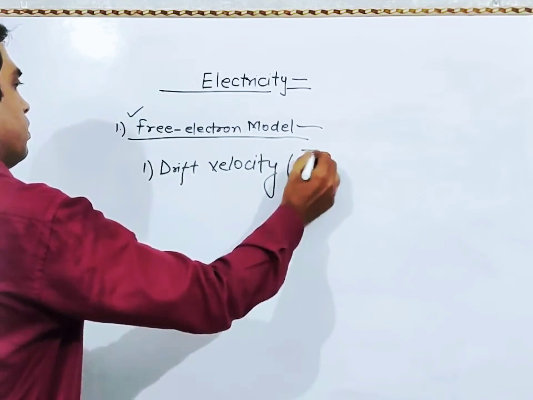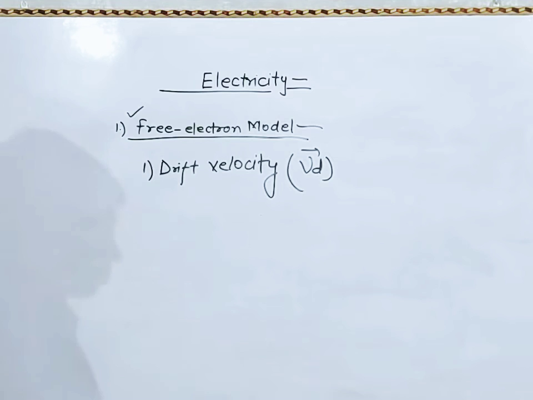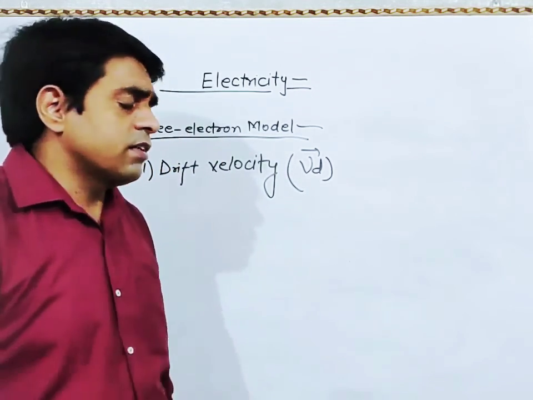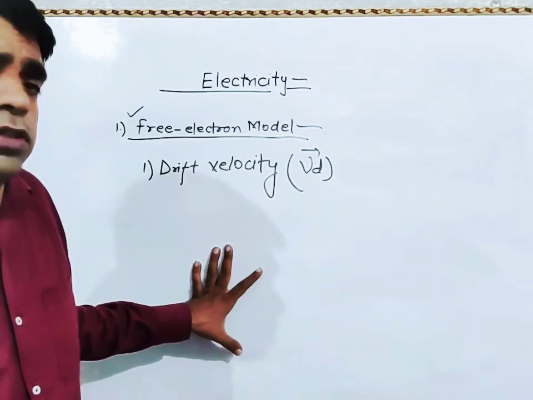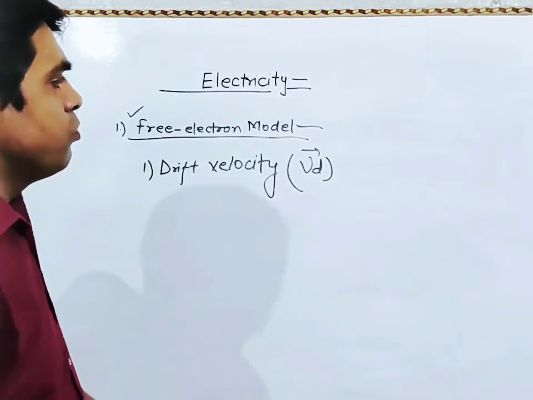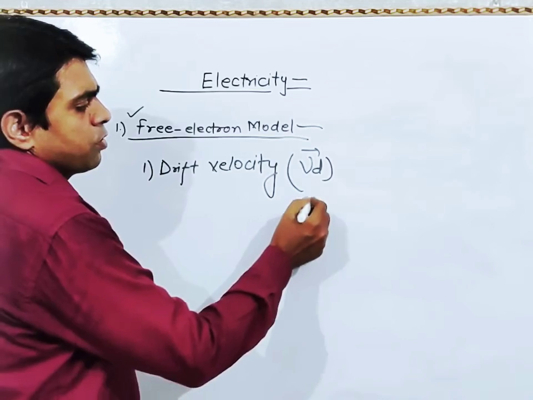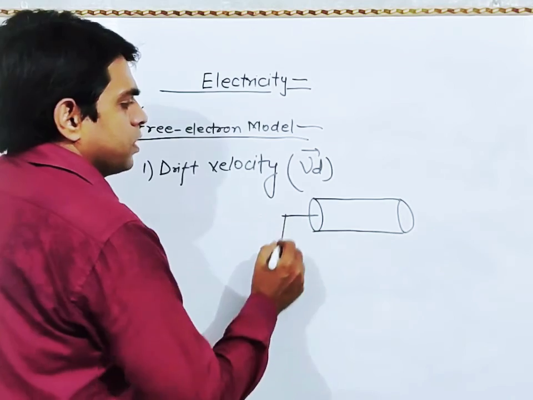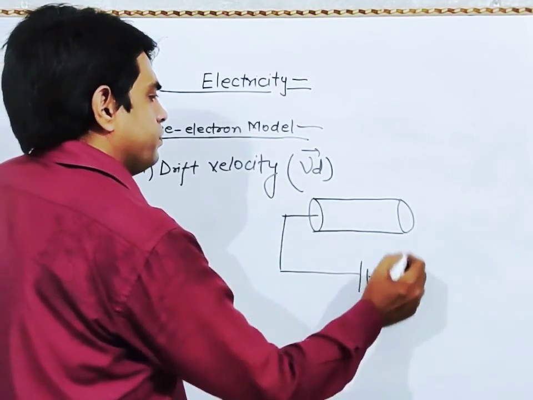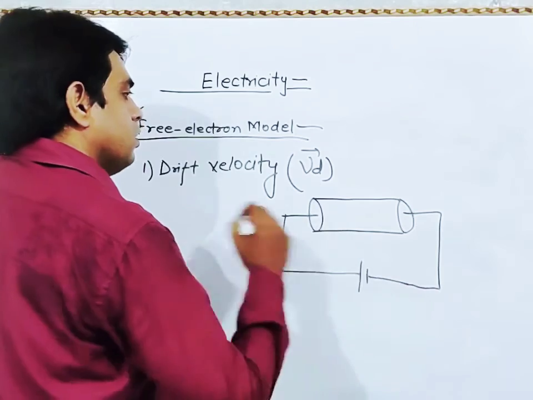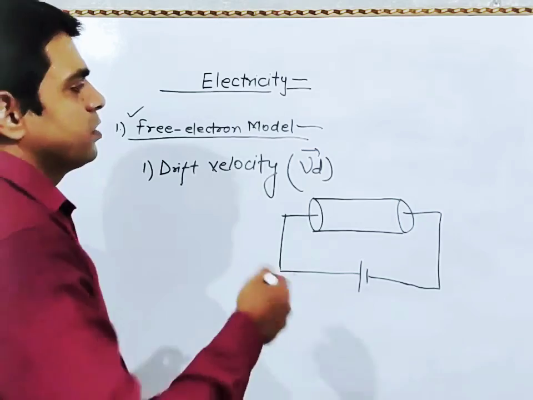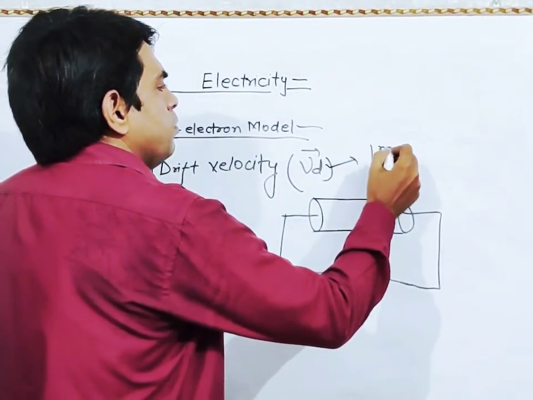इसको हम लोग Vd से लिखते हैं, it is a vector quantity, why, because it has a direction also. So before applying the potential we now know that the charges are in the condition of random motion में होते हैं, but as soon as we apply the potential across the conductor, कंडक्टर के across में एक तरह का पोटेंशियल इस्टेब्लिश करते हैं, तो the charges acquire the velocity, और ये वेलोसिटी बहुत ज्यादा नहीं होती है, ये लगभग 1 मिलीमीटर पर सेकंड